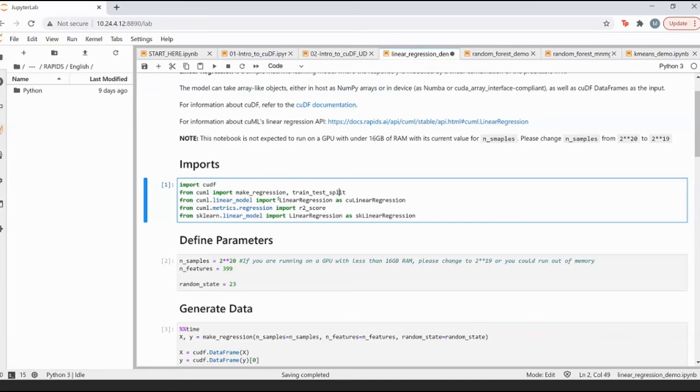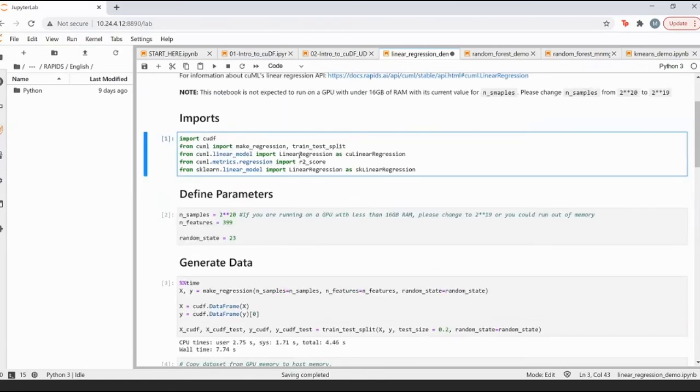Then we are going to import from QML the linear regressor, which is a linear regression model, which is simply y = mx + c. You don't have any probabilistic activation function to turn that into class probabilities, because you're not doing logistic regression. So the kind of metric that we'll use in this case is mean square error. We won't be using the negative log likelihood, or people would also like to call it cross entropy loss, because that is something we use for classification. We'll look into those details tomorrow.